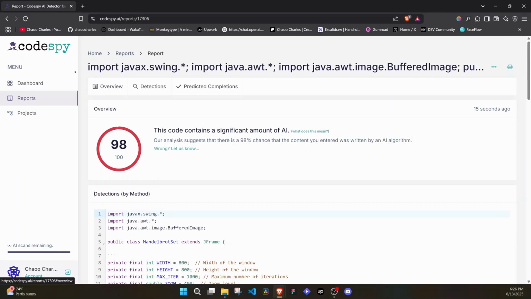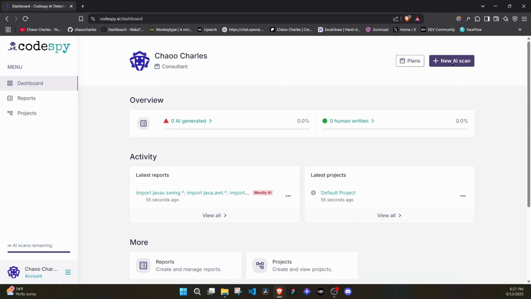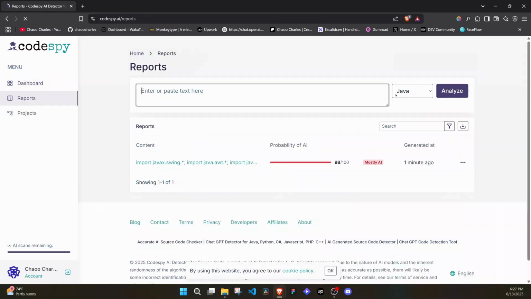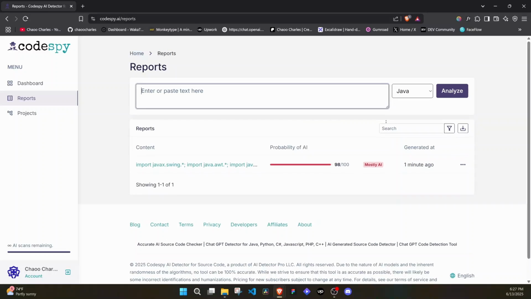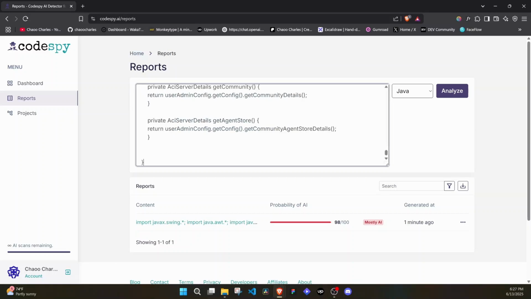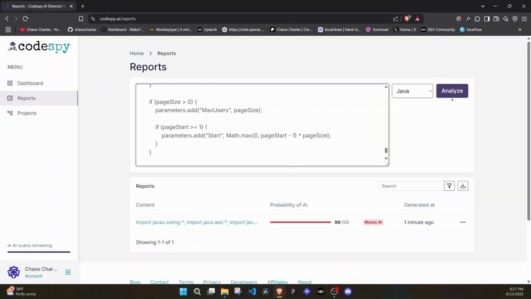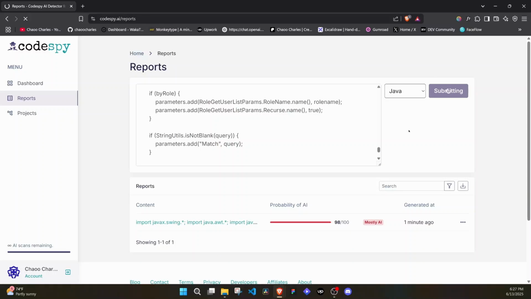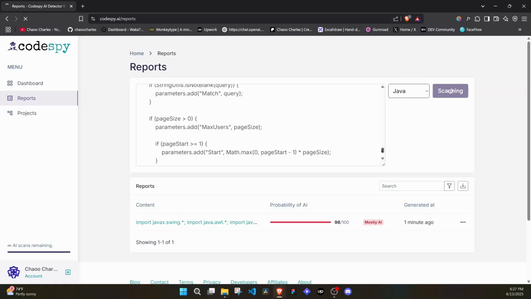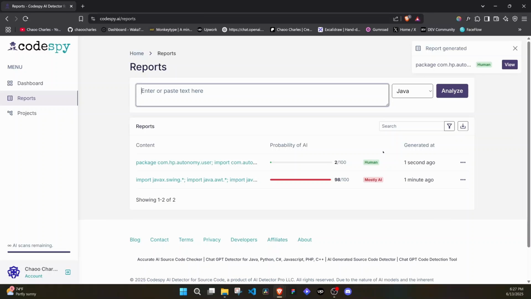Now let's come back to CodeSpy here. I will create a new AI scan, and I want to scan another code here. I will paste the code. It is still Java code, and I will analyze. This code is a bit long. Let's see how long it takes to scan it. And there we go. I think it was fast, and you can see most of the code here is human